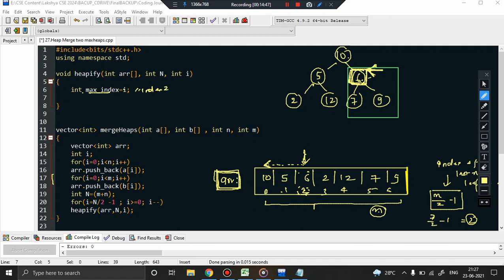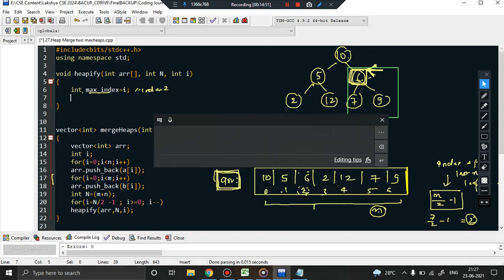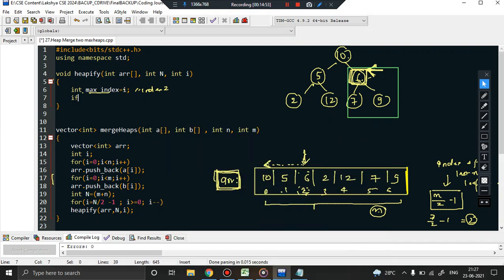Now you know that there is a property of heap which says that if you are at an index I, and suppose the address of this node is index I, then its left child will be at index 2i plus 1 and the right child will be at index 2i plus 2.